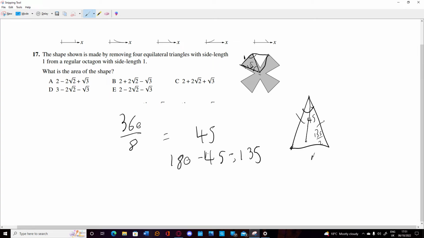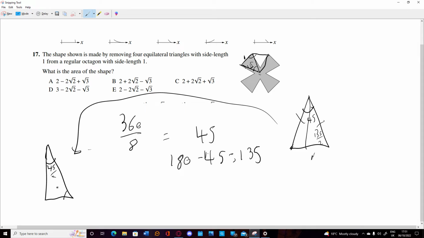Okay, let's split this up again. And let's take this over here. Get a right angle triangle. 45 over 2, 135 over 2. Right angle, you know, it's going to be 0.5. So I know the height, let's call this h. This height is the opposite, so it's equal to